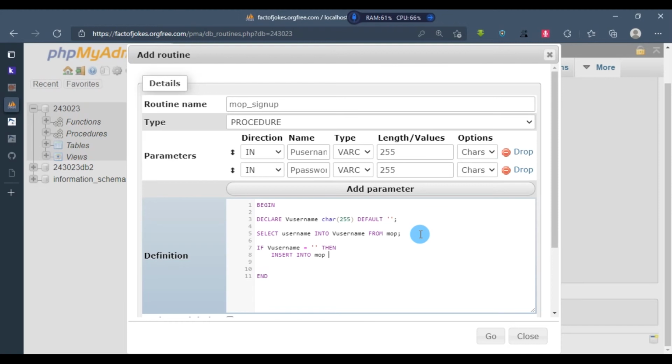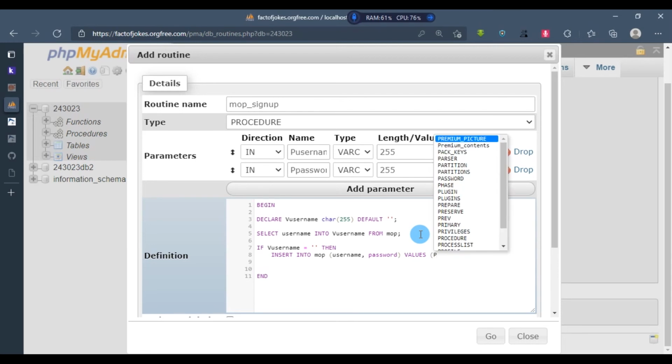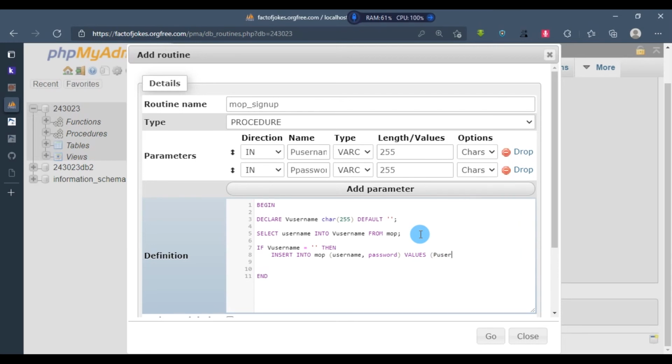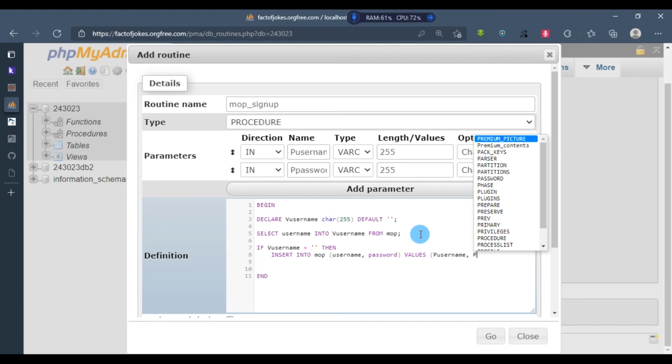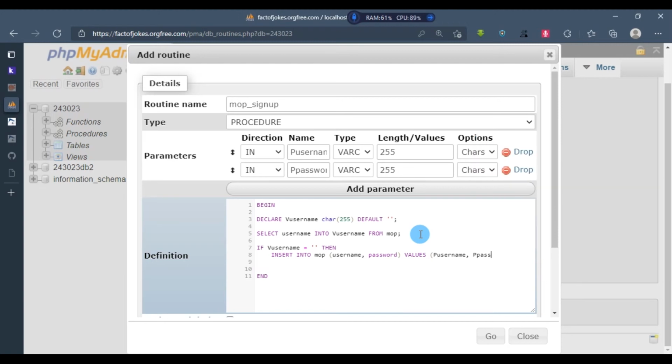Okay, so the username first, then password second. So values, then it will be our p username that we got from our user, comma, then p password that we got from our user. Then close it with semicolon. That's it. So we are going to put an else here also. Else,